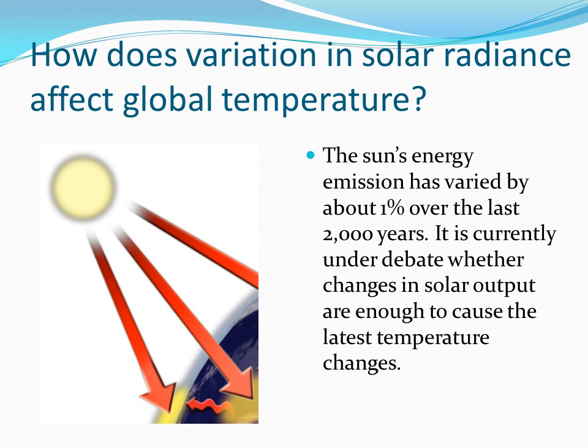Okay? The next one is variation in solar radiance. Cosmogenic isotopes in ice cores and tree rings serve as proxies for how the Sun shined in the past, related to solar winds and the Sun's radiance. Proxies indicate the Sun's average energy emissions have varied by about 1% over the last 2,000 years. Changes in solar output and its ability to change climate are still being debated, but it's unclear if this 1% is enough to cause the latest temperature